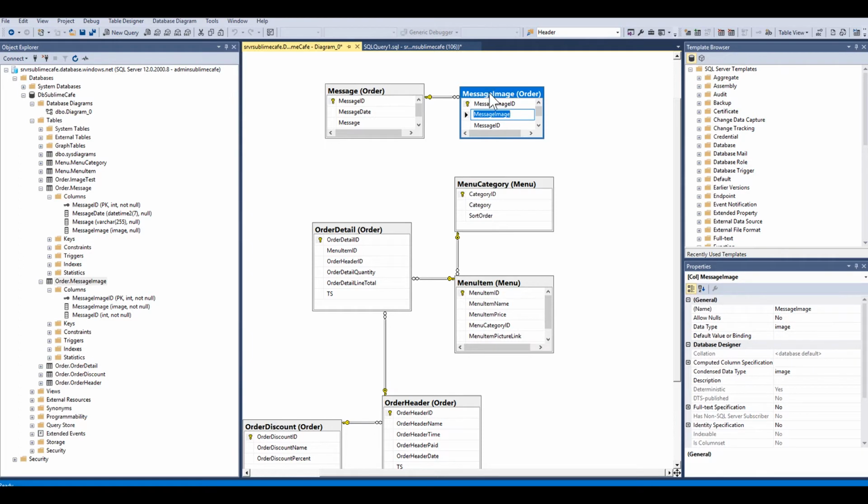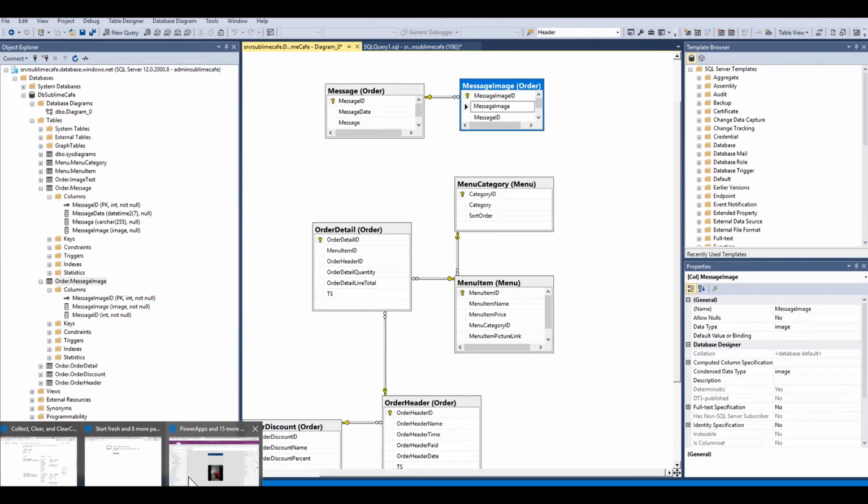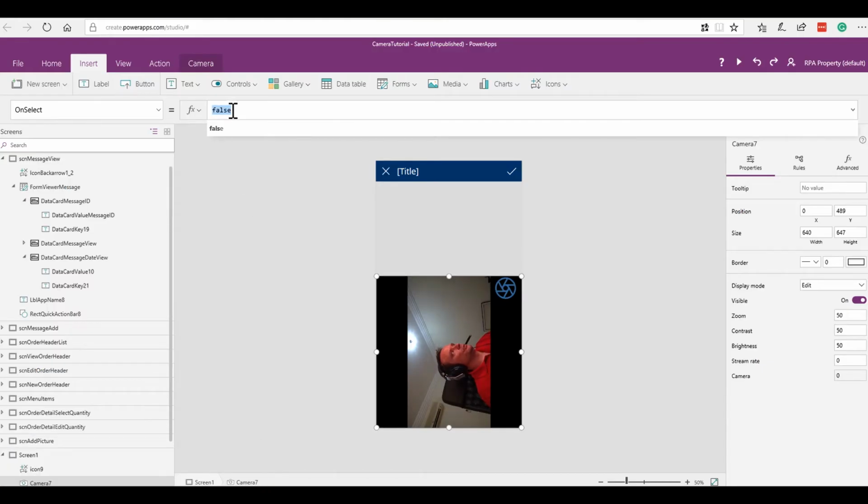Now, to append that information into the database, we need to make sure that we are passing the two fields that users need to fill in. Remember, this is just an auto number field, the message image ID, so we can ignore that. The database will fill that in for us. So we need to be recording the message ID and the message image in our application, and then appending that onto the message image table here. In order to do that, we're going to store the information, as I say, locally first of all,